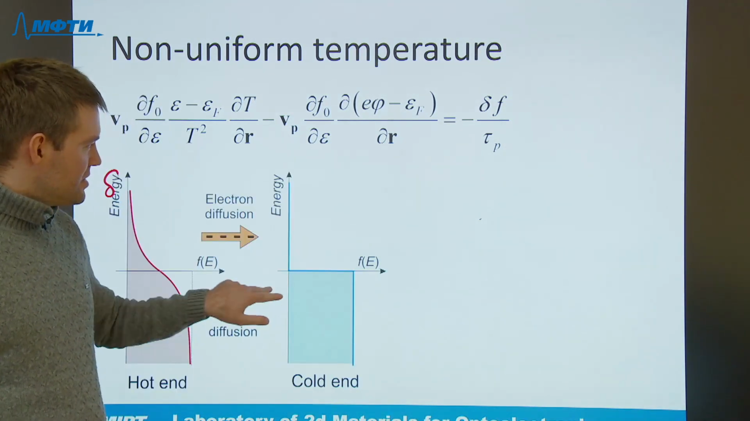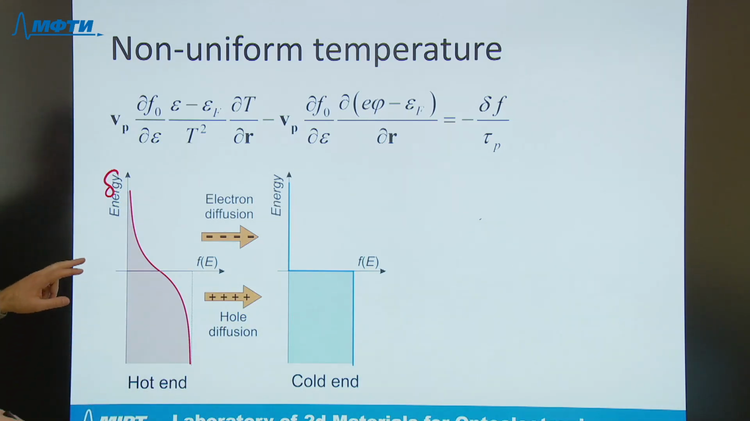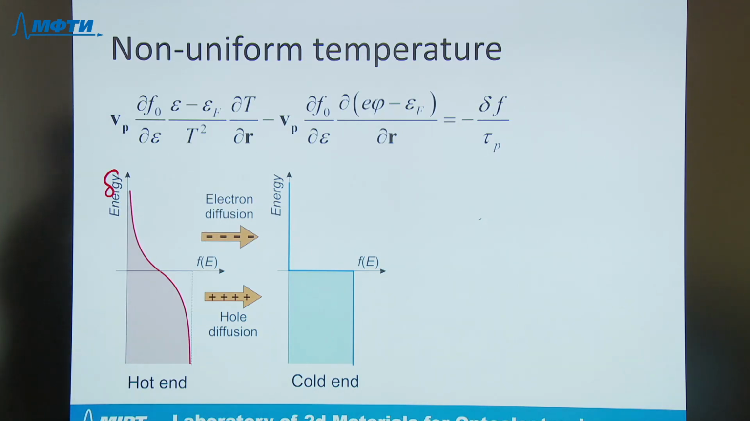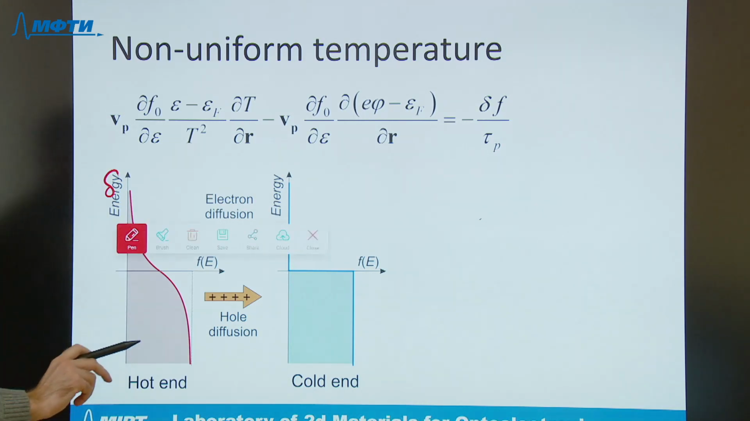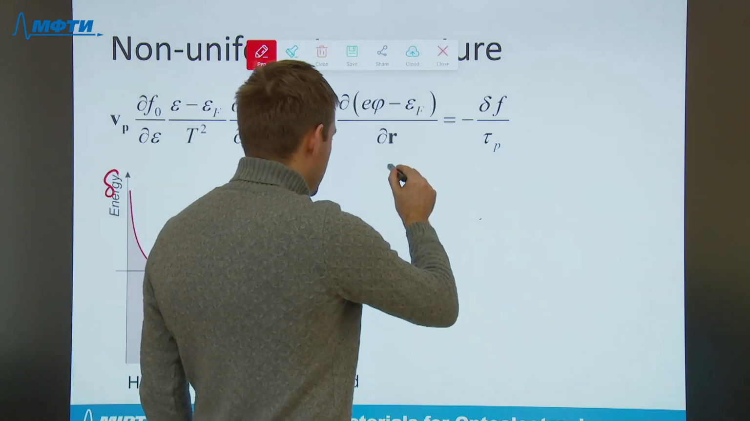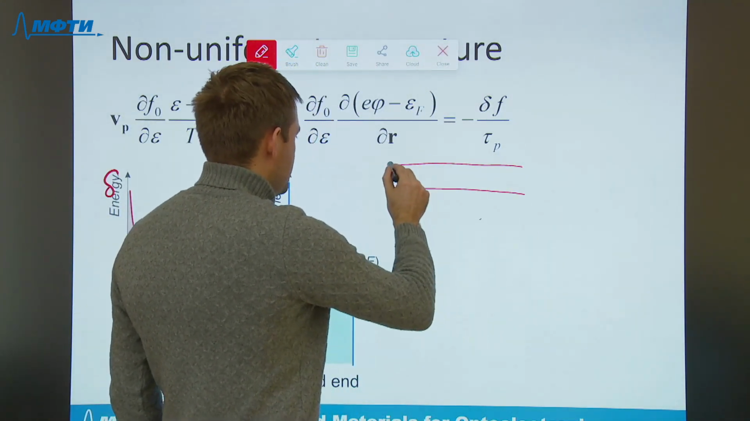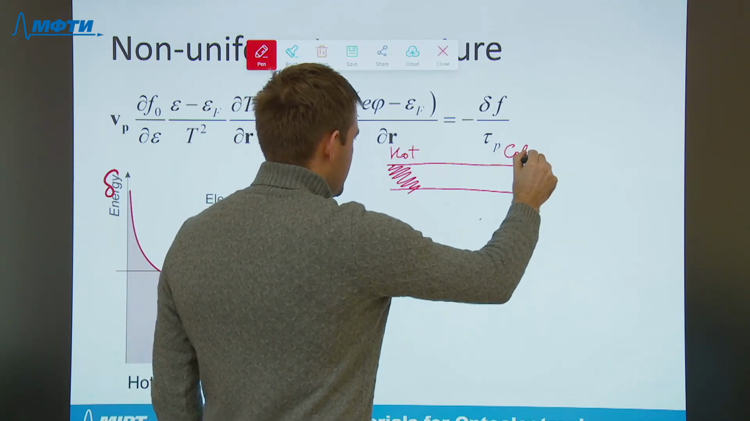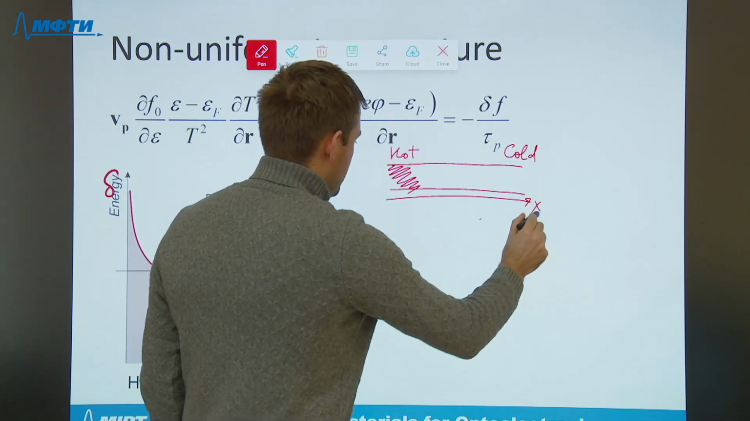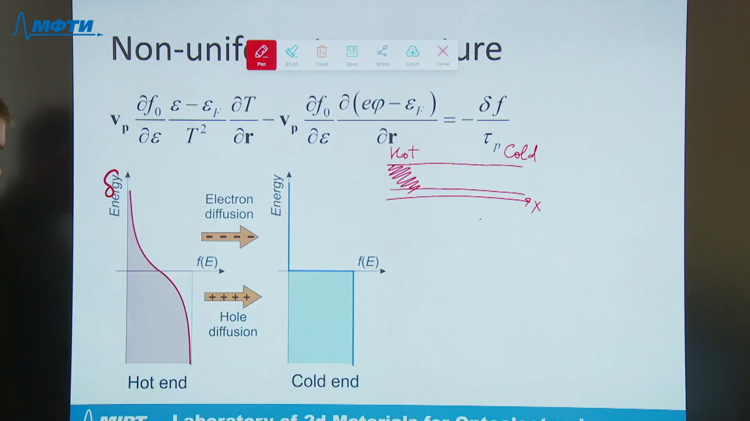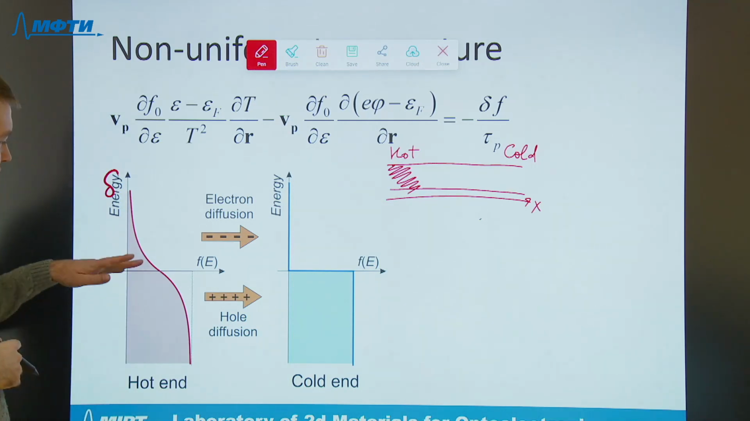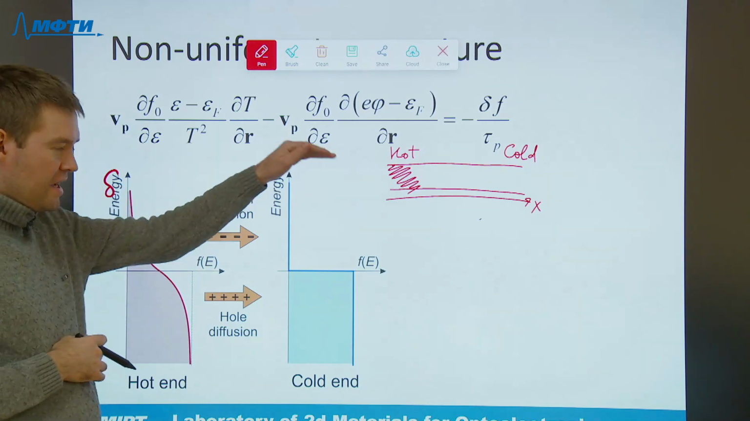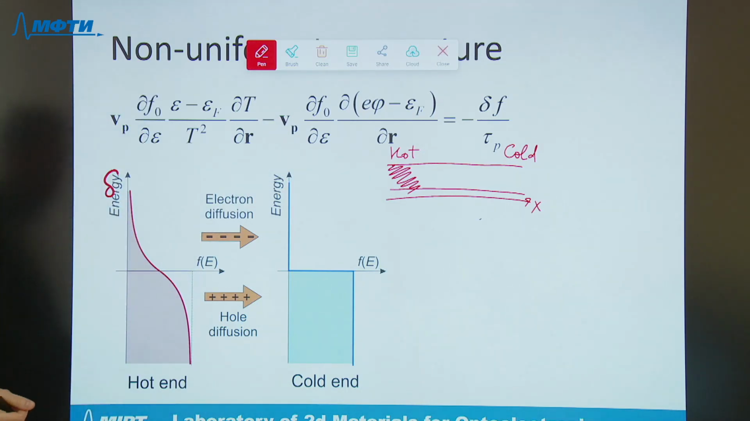To explain this, we can make the following picture. We can consider a metal or degenerately doped semiconductor, one of the ends of which is hot and the other end of which is cold. This is the coordinate. Actually, the charge carriers would diffuse from the hot end to the cold end. Let's try to see it